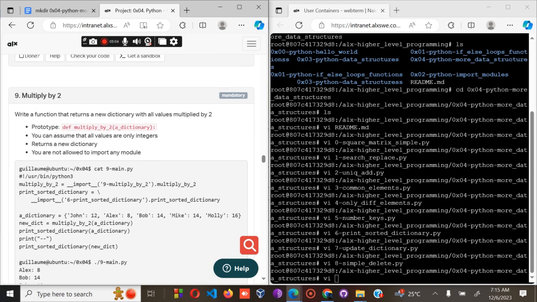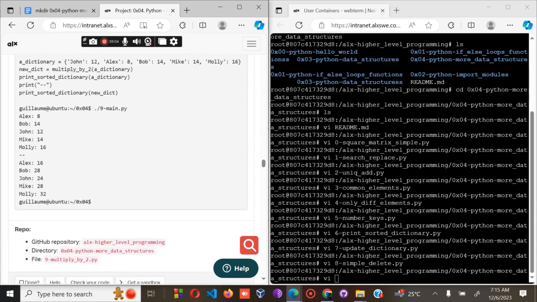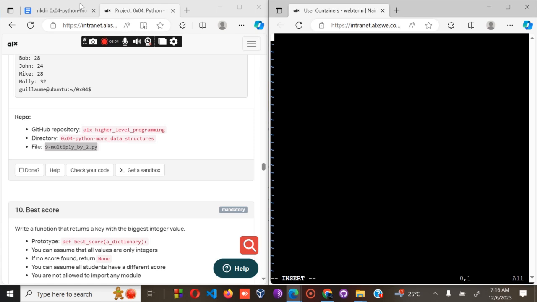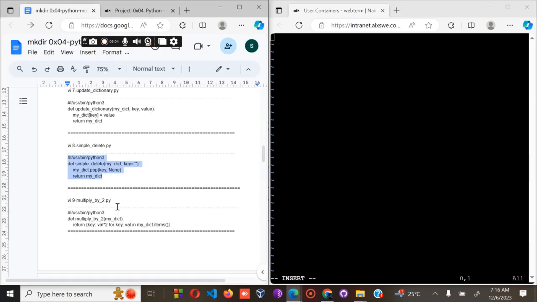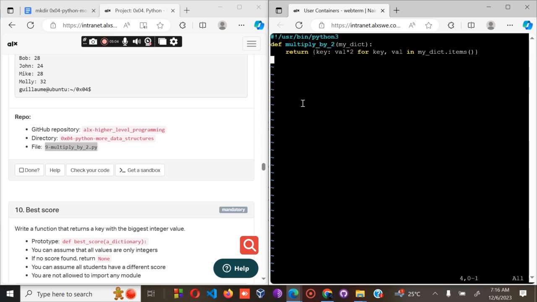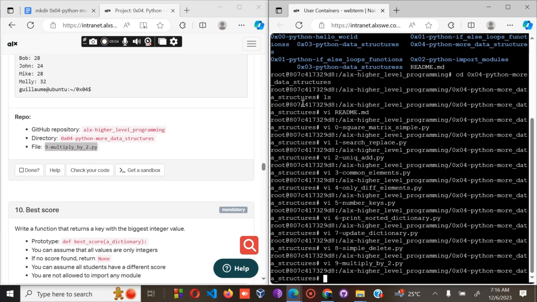You write a function that returns a new dictionary with all values multiplied by 2. Then copy. Then this is the code for this one. Escape. WQ. Then we have the VI,